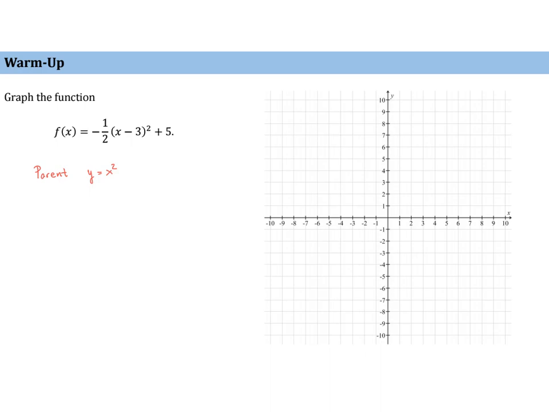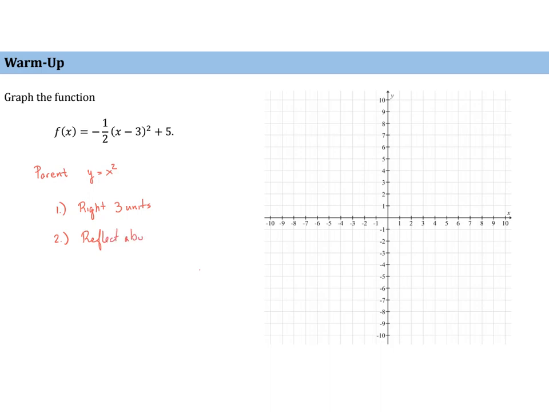Let's talk about what is being done in this series of transformations. Before we square, we're subtracting 3. That means it's going to be moved right 3 units. And then secondly, notice we have a negative 1/2. There are two things that are going to happen there. It's going to be a reflection